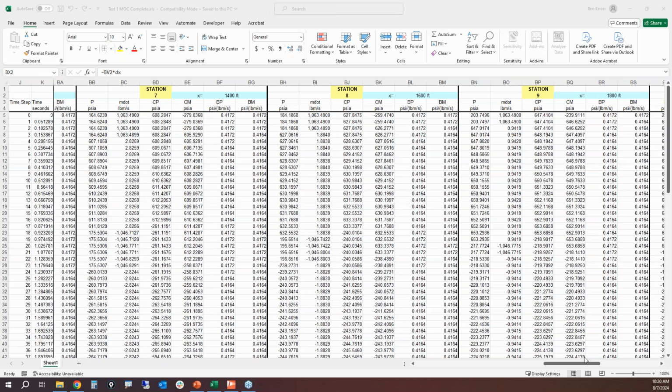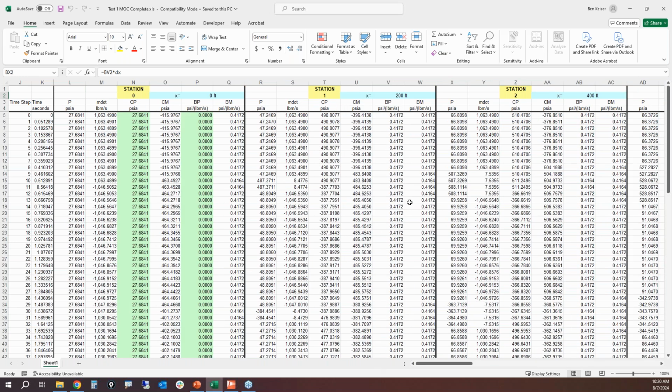So we're creating this characteristic grid in Excel, and we are taking our pressure and our mass flow rate, and then we are using those values to do all the math behind the scenes to calculate the characteristic plus line and the characteristic minus line. These are impedance values. Not going to talk much about that, but ultimately what I'm trying to demonstrate here is